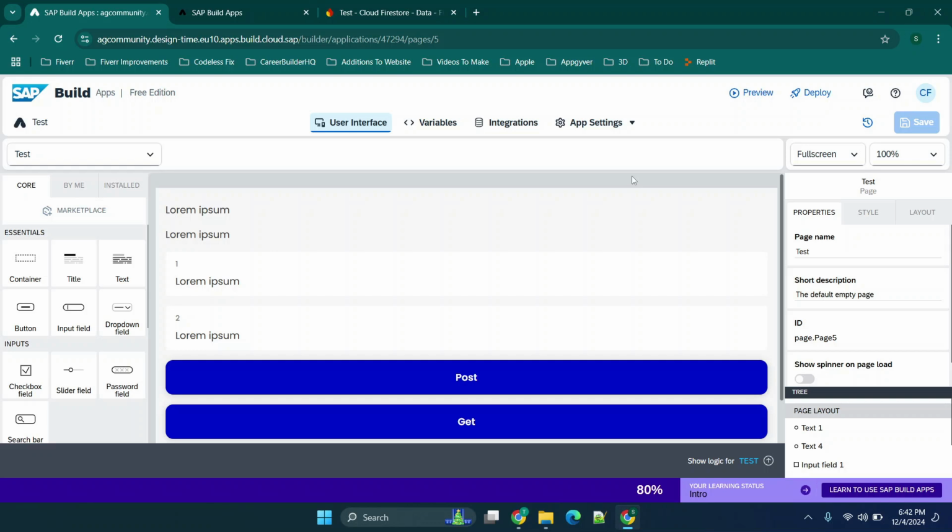In today's video, I'm going to show you two different ways that you can work with APIs in the new SAP Build Apps, formerly known as Appgyver. Now this is going to be the free edition. They've had a couple of updates recently, so I wanted to walk through a couple of things, but I will